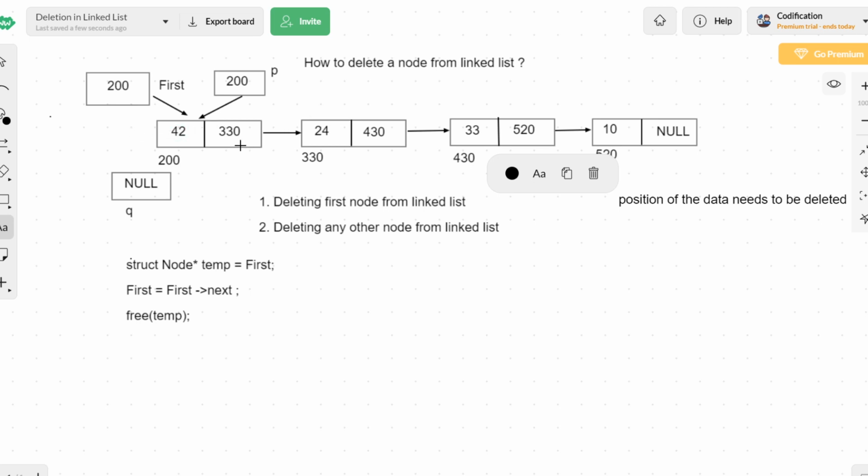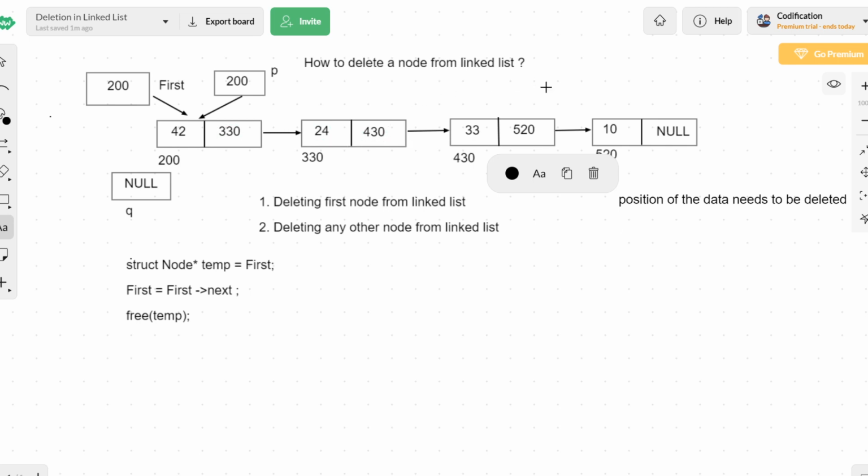Suppose initially we start that with 1. Then when I move to the second node, I will increment it to 2. When I move to the third node, I will change it to 3. That is the one more variable I'm speaking of, the variable that stores the position of each node I'm visiting.